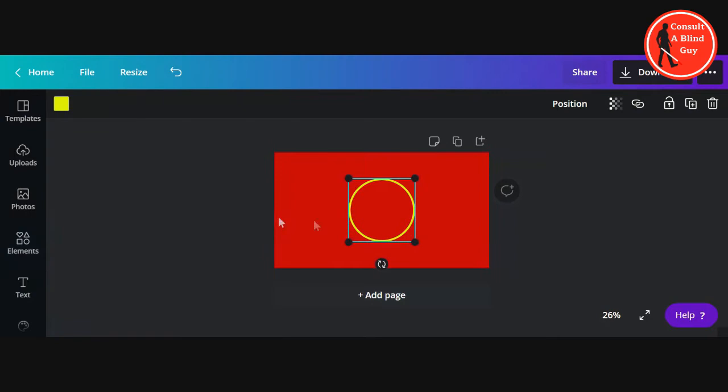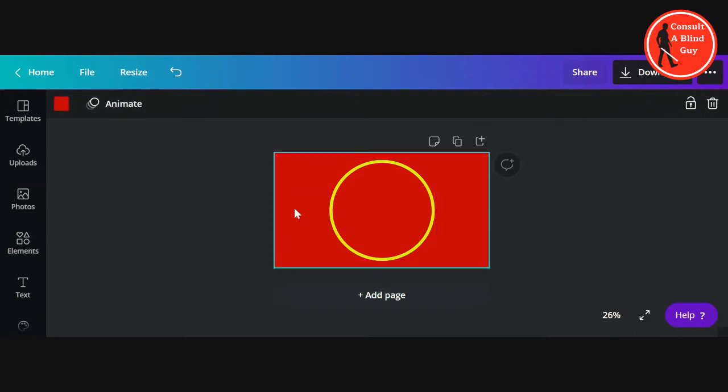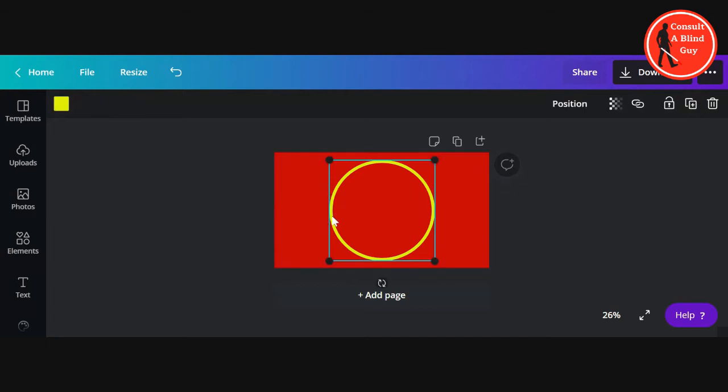So now you see I've got a circle in the center of the screen, and then you can click on the edge, drag it out to the size that you want it. And for this one, I'm just going to make it quick and easy, make it large to fill up the majority of the center. And then I'm going to